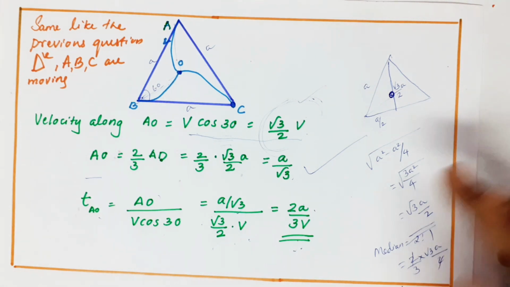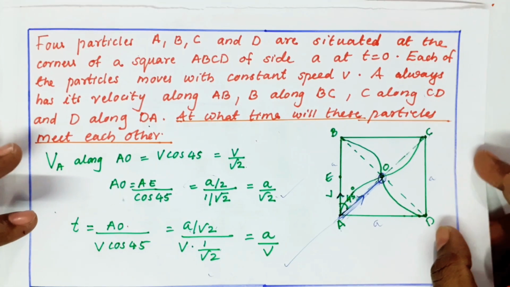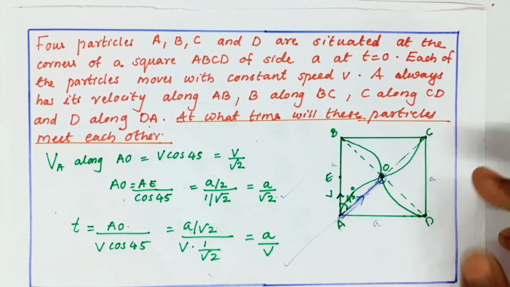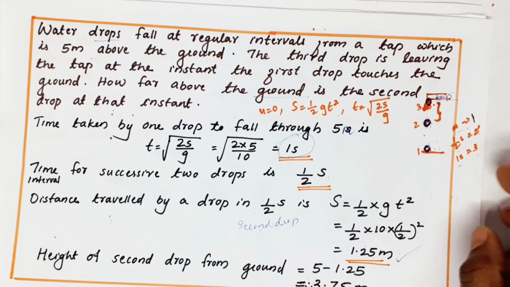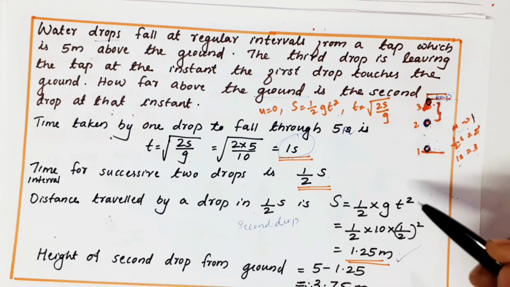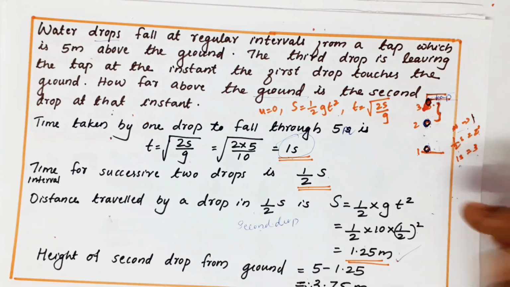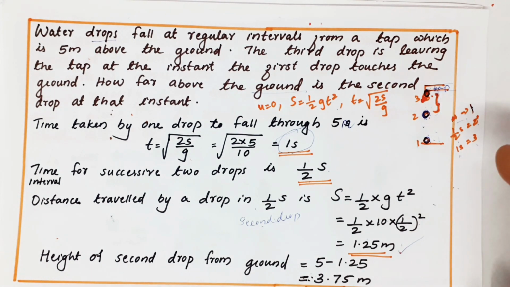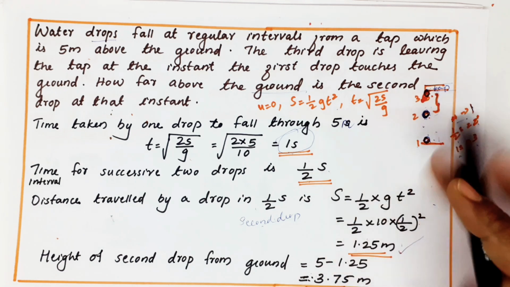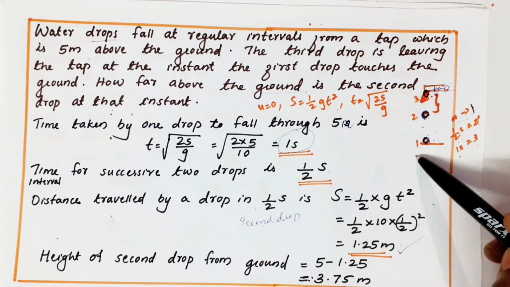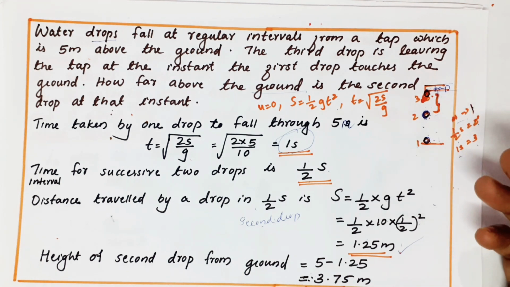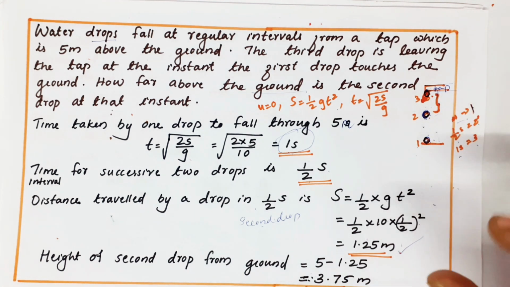They can ask this question freely. At what point it intersects, it is A by V. This is the question with the drops. From the tap, drops of water are coming out, so we need to find this. A very important question. I have seen the question with the fifth drop coming, sixth drop coming. All the questions are very simple. First you calculate the total height, or the total height they may give. From that find the time. Then you find the number of drops. Then you find what interval each drop takes.